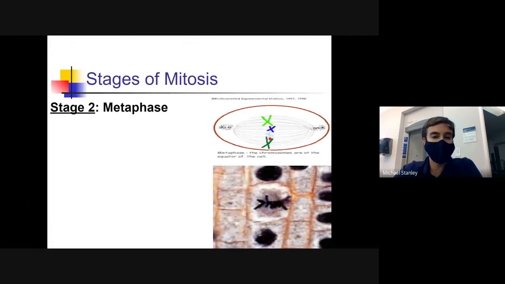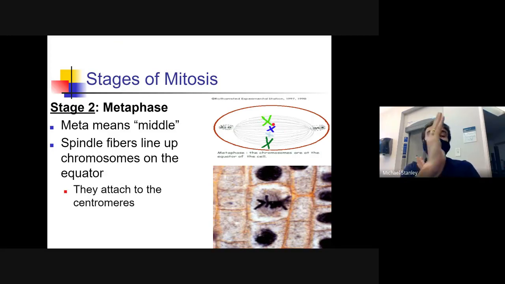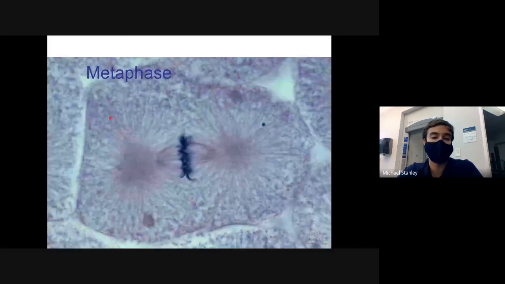We then go through metaphase, or the middle phase, as I like to call it, where all of our chromosomes are lining up right across the middle of the cell, sometimes called the equator of the cell. And the spindle fibers are attaching to our chromosomes. So we're getting ready to get pulled apart. So we're lining everything up just right, because up next we have our